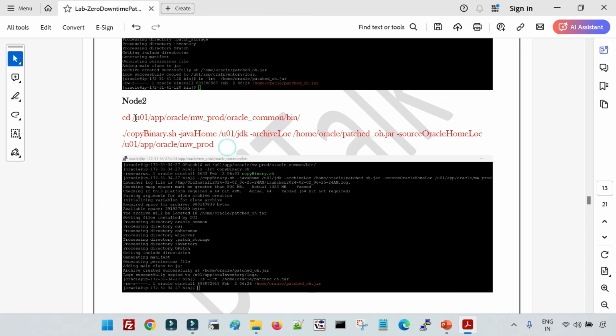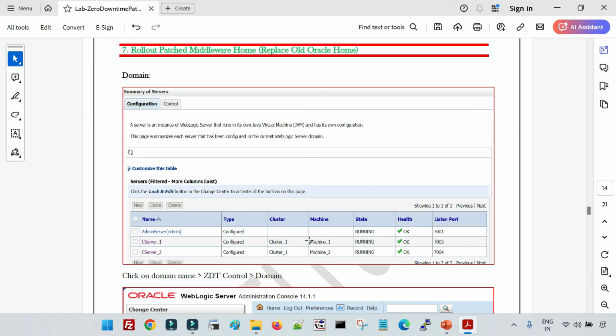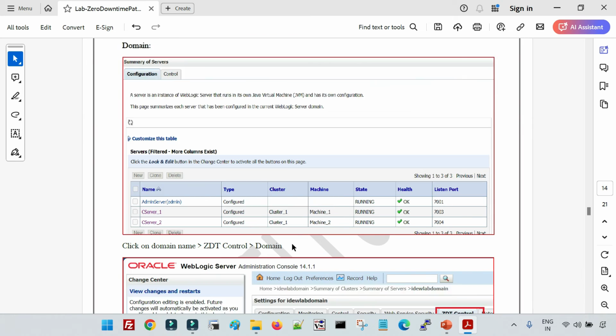Follow this on each and every node, and create this jar file, the archive file, in the same location, right? So once it is done, you have to initiate the zero downtime patching from the admin